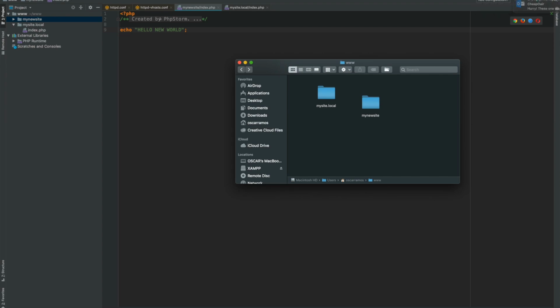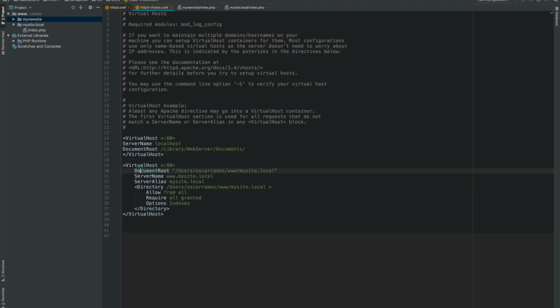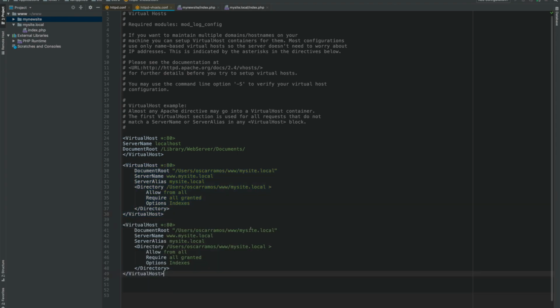So what's the next thing we do? We go into this vhost file and we have to create a vhost here. How we do that is we copy a working vhost, we paste it, and then we just make the changes to each of these things. So over here, we're going to call this my new site, and then we're going to say the same thing here, my new site. So this is just telling the vhost where this project resides, and it resides in the www/mynewsite